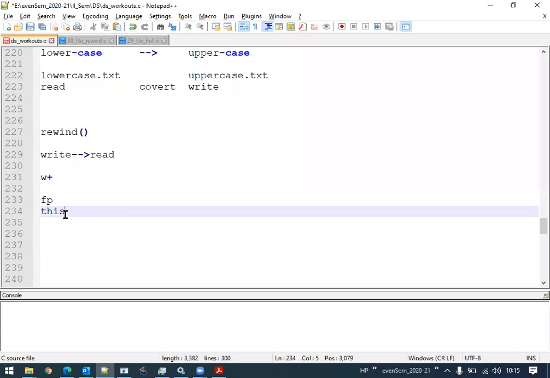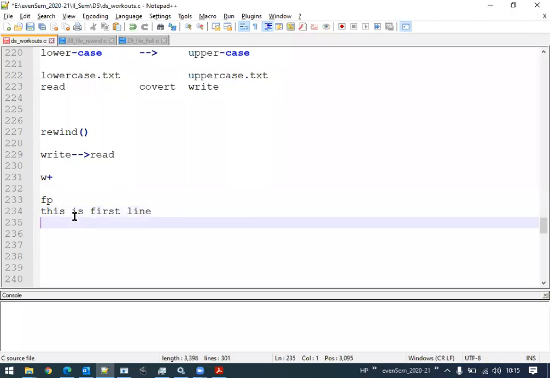Now I will type one more character. So now after this character is written, the S is written. Now FP will point at 5, the next position, right? Like that, it will keep on moving. The file pointer will be moving to its next position in the file. So let us write a few more characters here. This is first line, and then this is last line. Now, after this E is written, the file pointer is pointing to the next character after E.